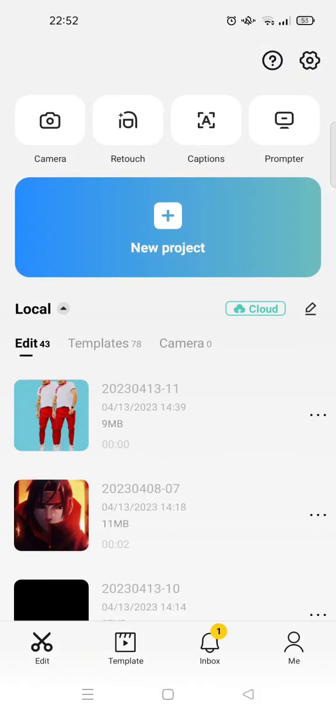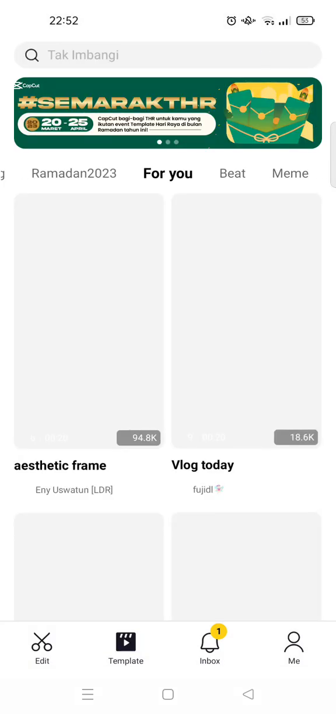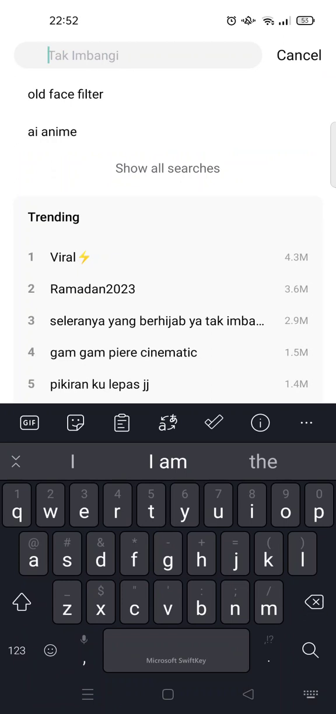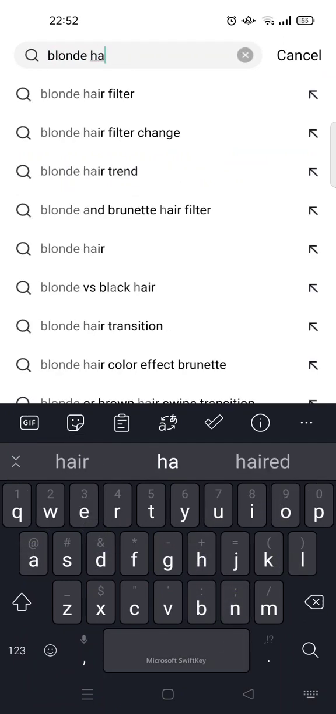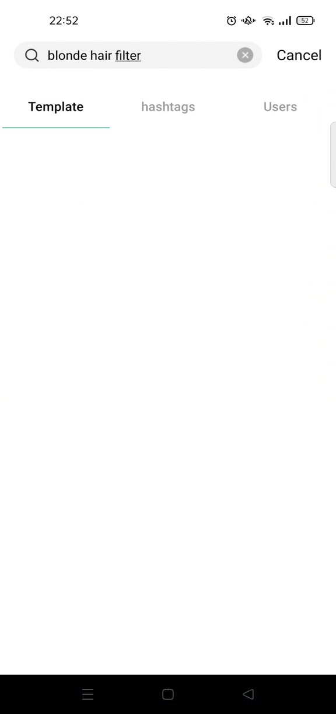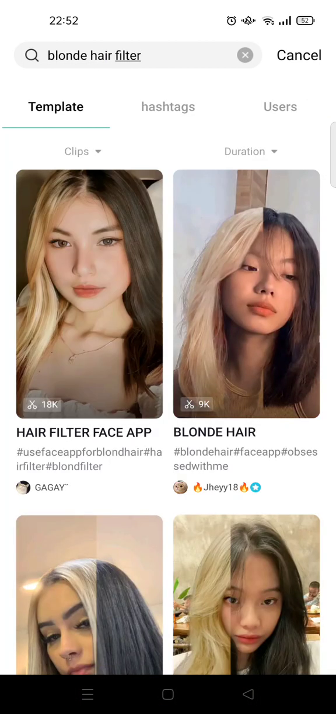Okay, so in here you just need to go to template and click on the search column at the top and type in blonde hair filter. Okay, so just click on the templates that you want to use,